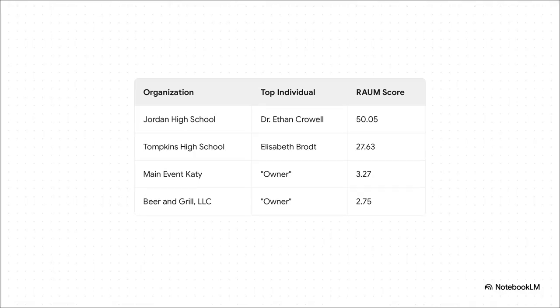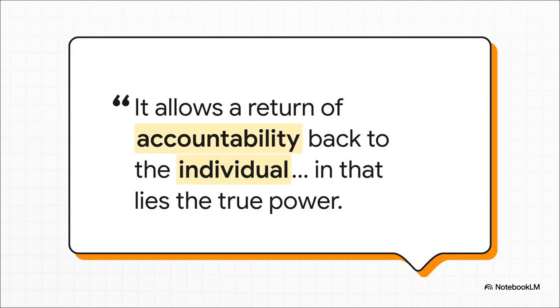And here, you can see exactly how it works in the real world. By crunching publicly available data, the RAUM metric spits out this ranked priority list. Suddenly, these abstract things like high schools are quantified and put in order. It creates a literal, actionable hit list for the next phase of the information campaign. And this is the real genius of it, according to the source. The true power of RAUM isn't just about ranking land. It's about connecting that land, that physical space, to a specific, identifiable person who's in charge, like a school principal. It completely shifts the focus from some faceless organization to an individual who can be held accountable.